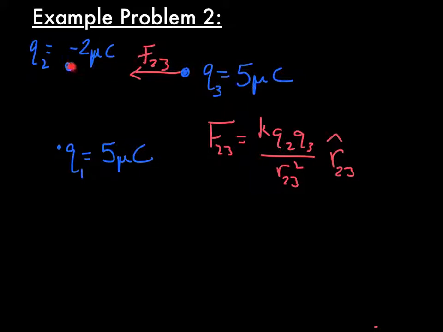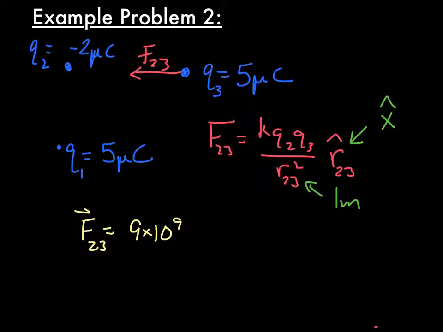So if we go from R2 to 3, we see that the unit hat vector pointing from 2 to 3 is going to be just the x hat direction. This distance is 1 meter, and if you plug these in, you will get the force from 2 to 3 equals 9 times 10 to the 9th. Again, you should try this first before letting me go, and then pause, walk your way through it. So Newton meter squared per Coulomb squared